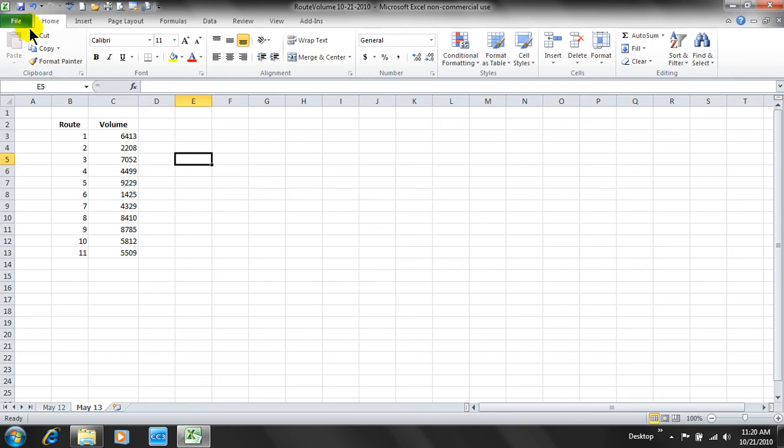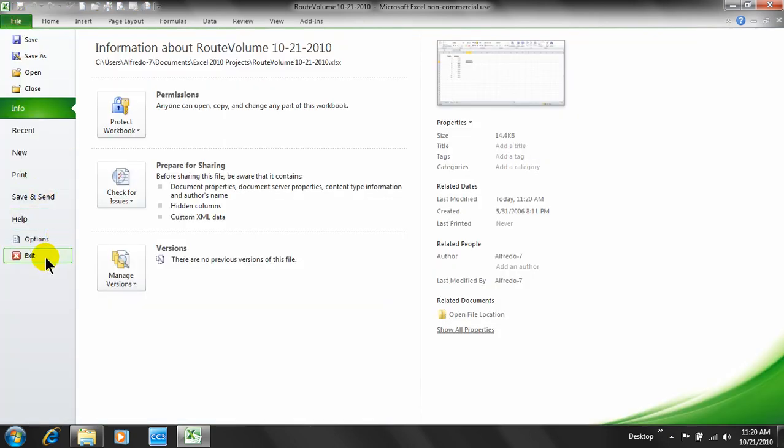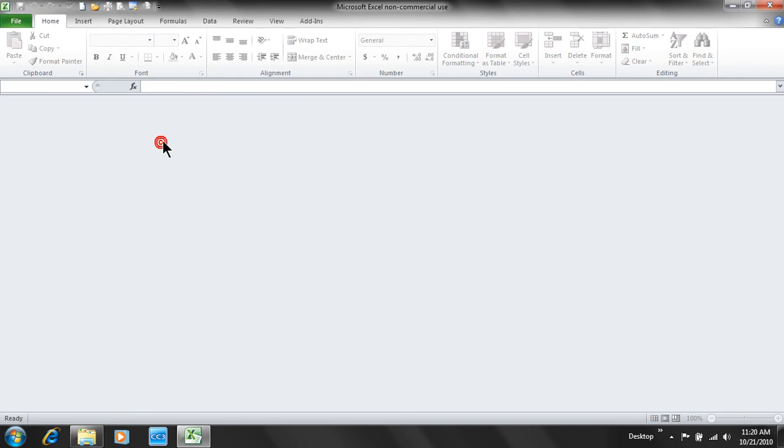And from here we're just gonna go straight into click on save. After we click on save, we're gonna go to close, and we close the workbook. On the next exercise we're gonna open two different